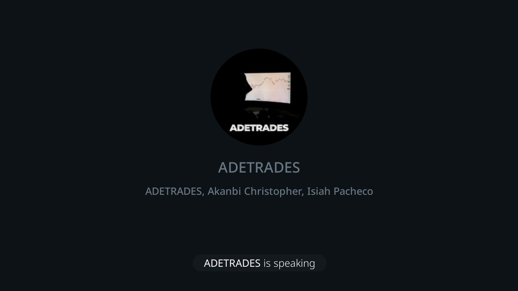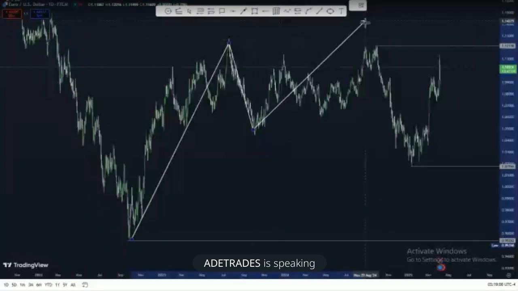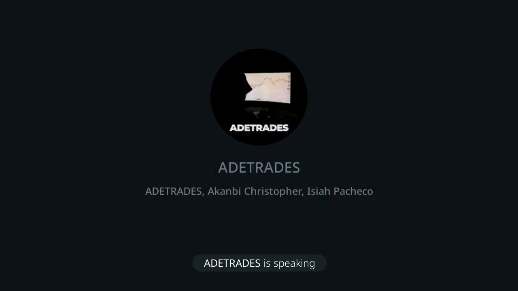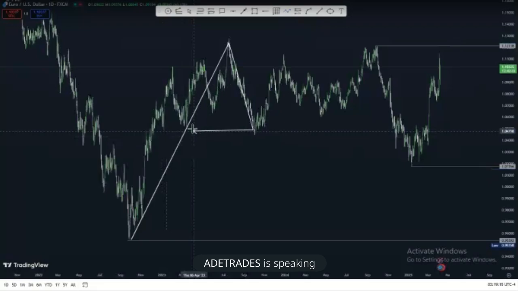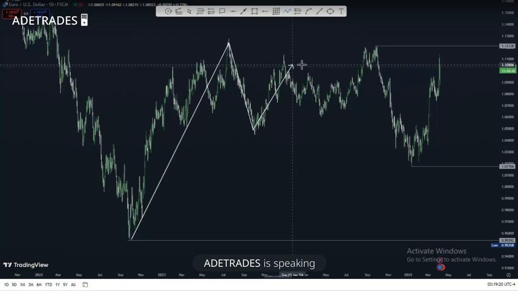So we have this low to this high, and price failed to create a new high. Instead, price broke out and cleared this previous swing structure. So what is this telling us? This is telling us that price is giving some sort of sell confirmation, which actually happened because price later came back for a retest and dropped more.